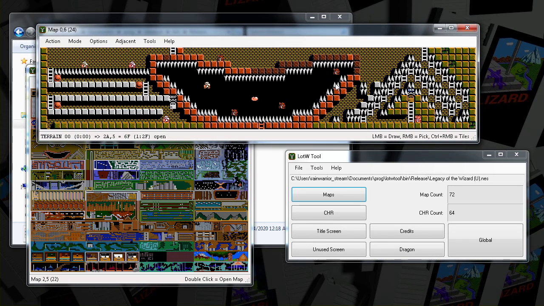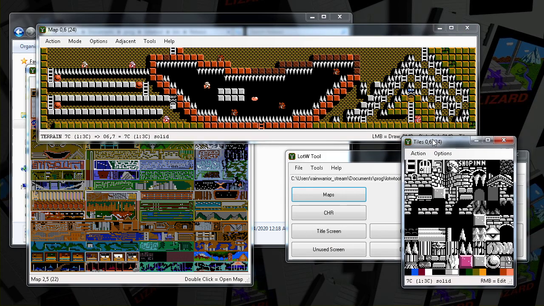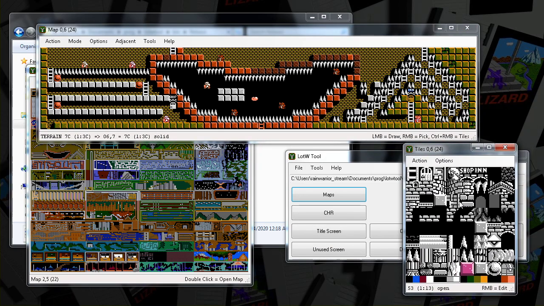But the basic editing action, you right click on a tile to grab it, and then left click to draw with that tile. It's pretty simple. But also, every room has a palette of 64 tiles, and here you can see everything that's available, not just what you could maybe right click on. But right clicking to just select a tile and copy it somewhere else is the easy thing that you'd probably be doing most of the time.